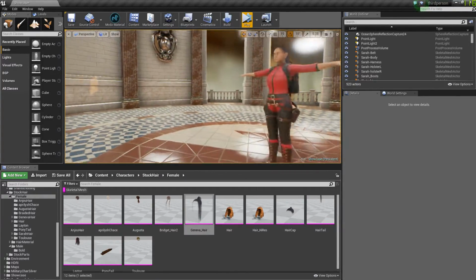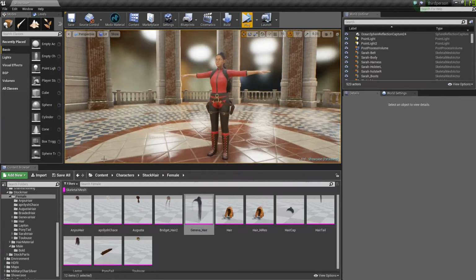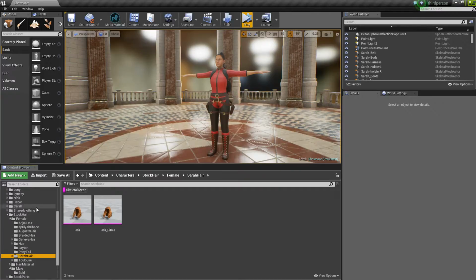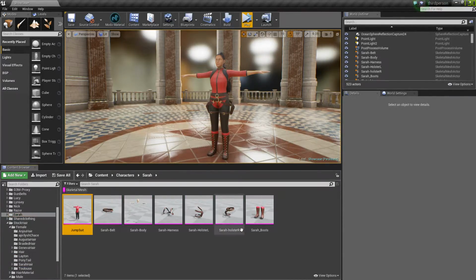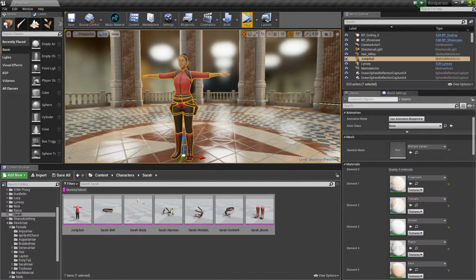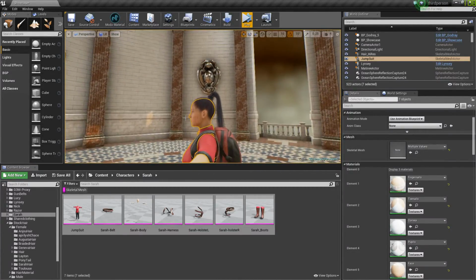But we can take this one step further. This becomes a little bit more tricky to be able to select stuff, so you'll have to forgive me if I'm kind of all over the map here for a bit. Okay, so if we select all the stair components, and we go Asset Action and select all actors using this asset, and then we want to add in